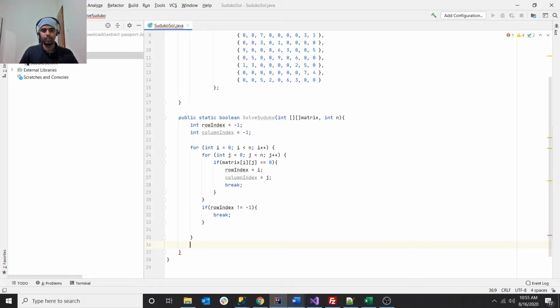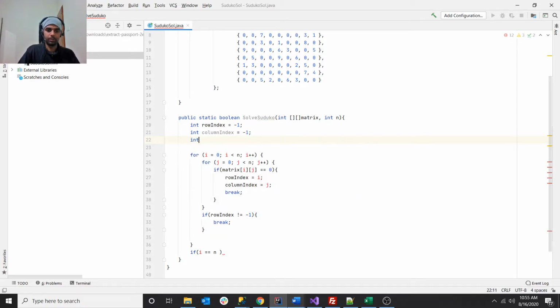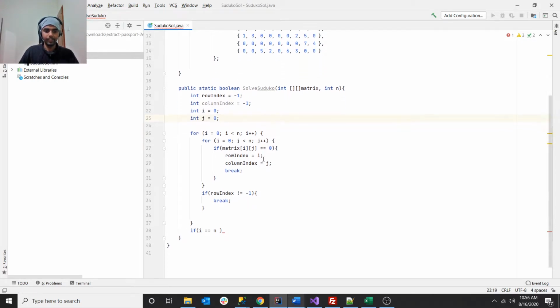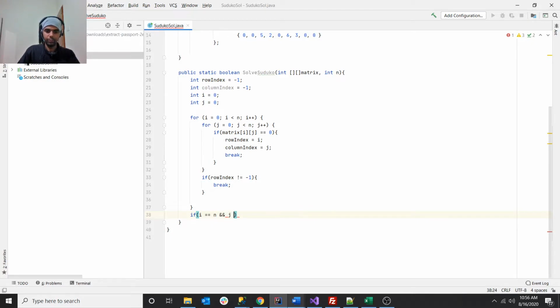Now, along with it, if it has reached the final, right? If i is double equal to n, okay, so this i we need to declare outside so that this value will persist, and we'll have the condition where we have to identify, okay, we have reached the final solution or not. j is equal to 0, right? If i is double equal to n and j is double equal to n, then we have to return true, means we have,